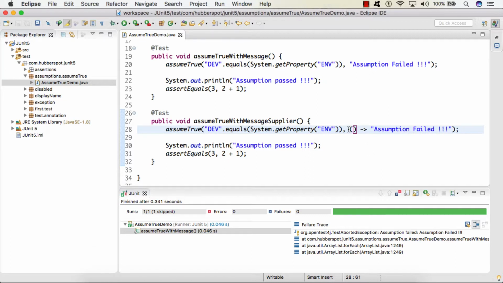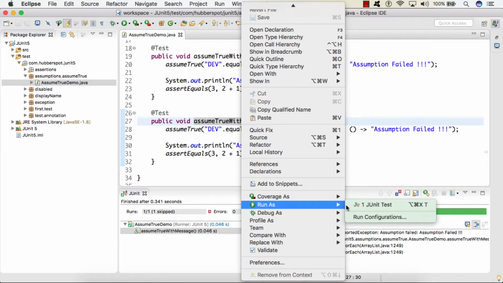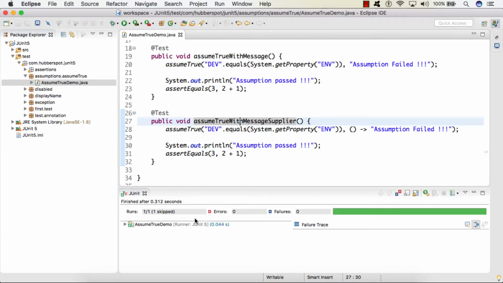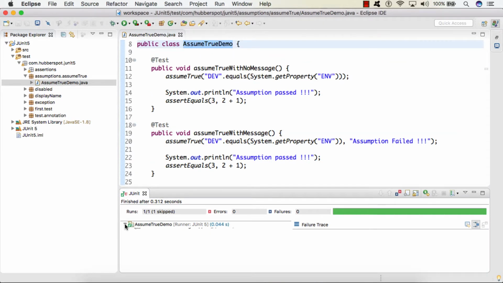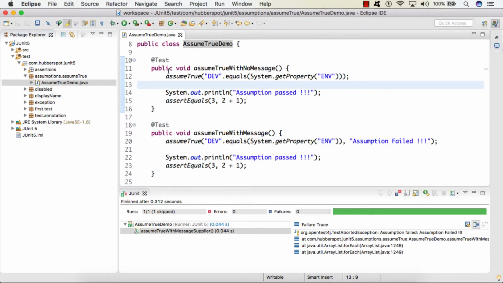But the only advantage here is this supplier function interface gets evaluated to a string only when our test case is aborted. So here you can see the test case got skipped with a message as assumption failed. So friends, these were the first 3 overloaded methods.